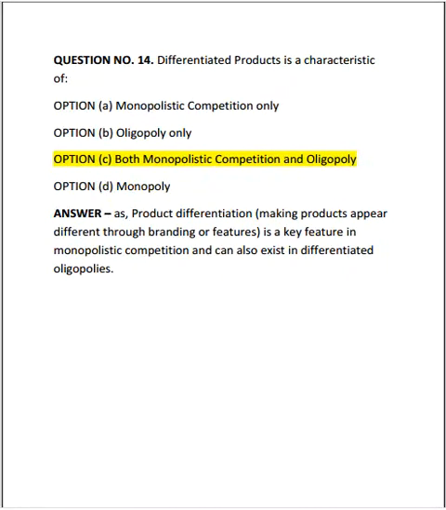Question No. 14. Differentiated products as a characteristic of. Option A, monopolistic competition only. Option B, oligopoly only. Option C, both monopolistic competition and oligopoly. Option D, monopoly. Answer, C, as product differentiation, making products appear different through branding or features, is a key feature in